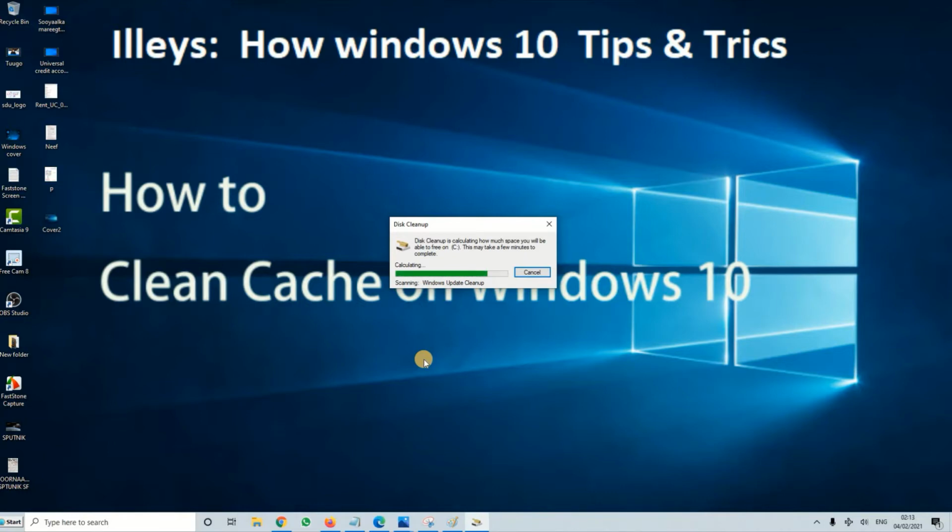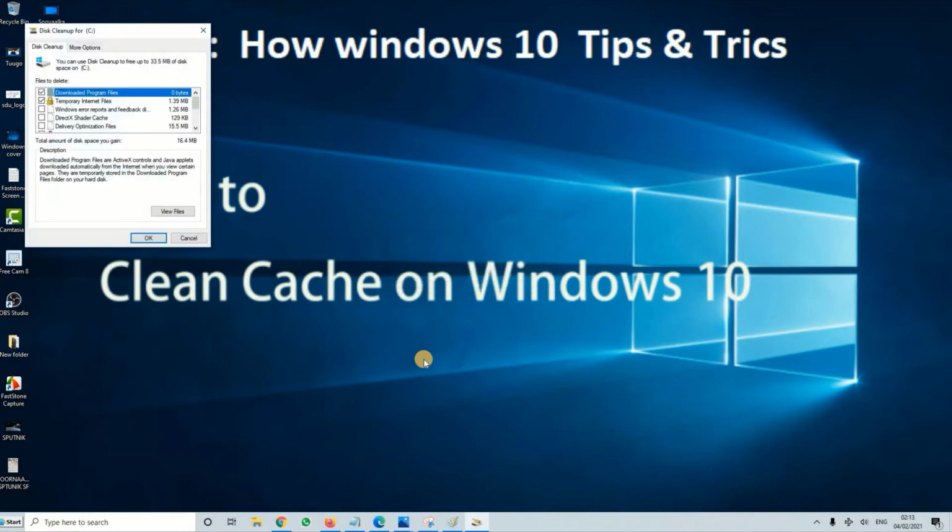Many of you out there, perhaps you don't know, some of you might know, but you forget to do it. So I think it's very, very important to do it. As you can see, temporary files. So let's go down, device driver packages,